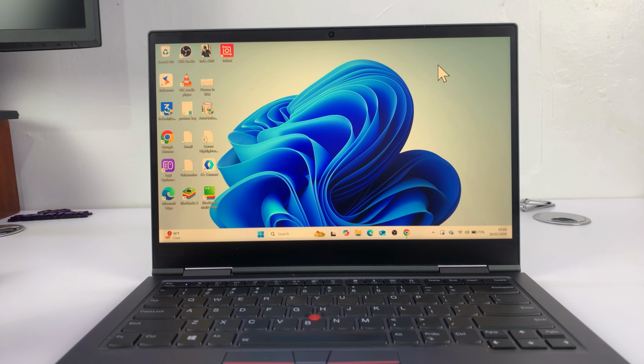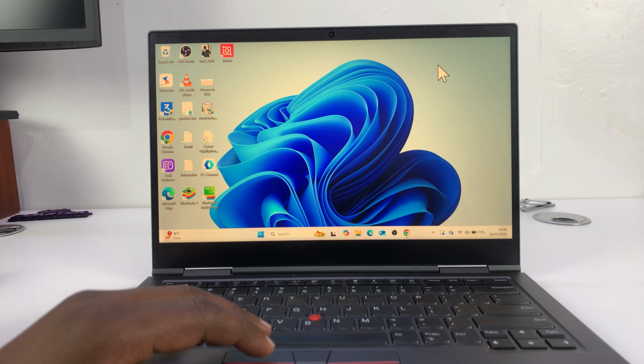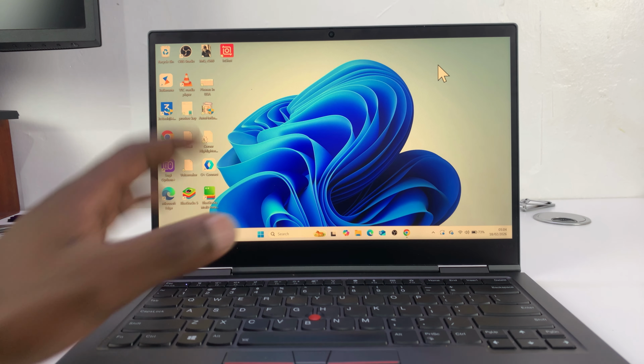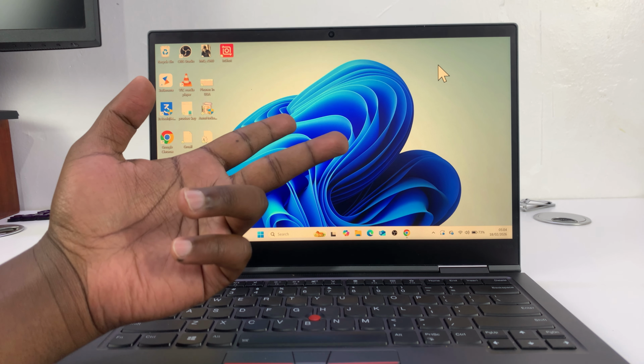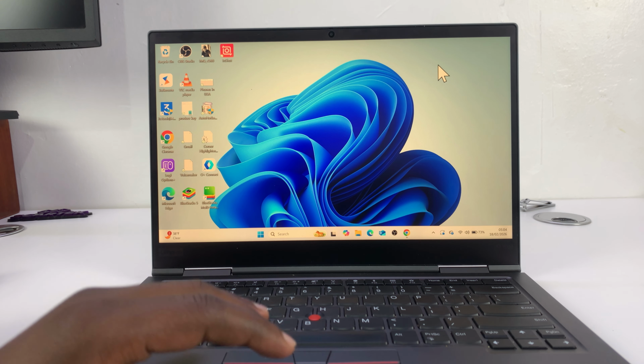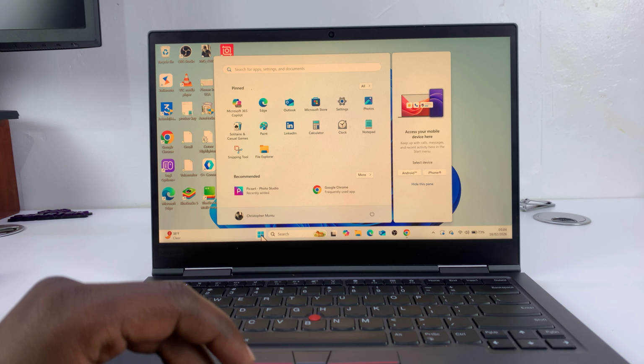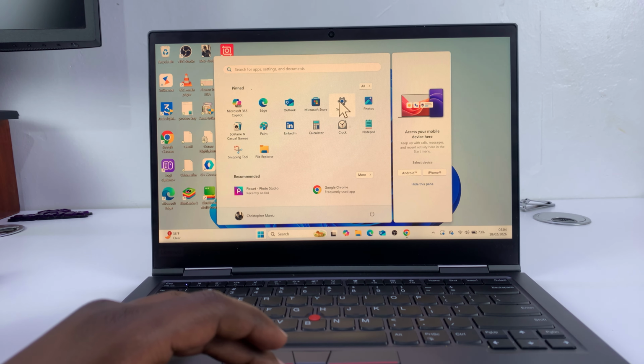So let me show you how to turn on best performance on your Windows laptop. By default, your Windows laptop has two types of performances: the best performance and balanced performance. And to turn on best performance at any time, you want to go into the start button and then click